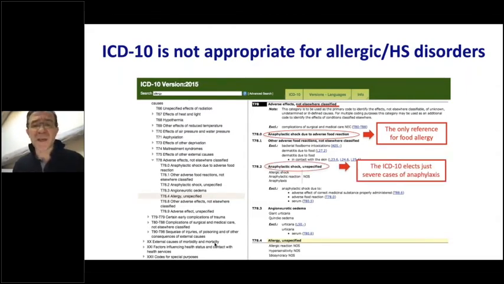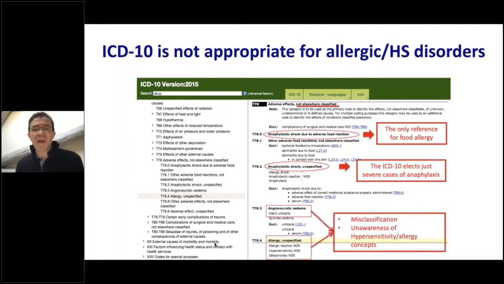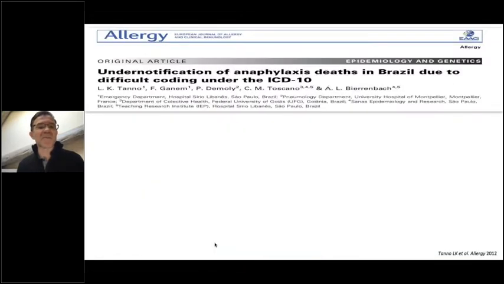It's even worse, as most of the anaphylactic reactions are unspecified. You can see that the only way to code anaphylactic shock is to use this code of unspecified anaphylactic shock. So that would select the most severe, grade 3 aspect of anaphylaxis. So you cannot code a grade 2, for example. And in this very sub-chapter, you can find angioedema, or you can find allergy unspecified, that is very often ticked in order to ease doctors' coding work. And this is really misclassification and a lack of awareness of our concepts.